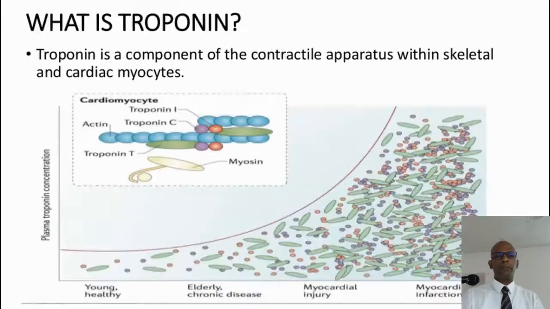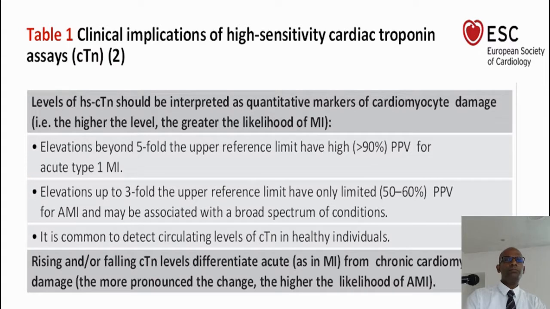So this is the normal pattern of troponin released into the blood. In healthy young people, there may be a minimal amount. In the elderly and people with chronic disease, there may also be a significant level of troponin. With myocardial injury in the initial stage, it will be significantly high. With myocardial infarction and necrosis, the amount will be huge. We already discussed that the positive predictive value is high when it is more than 5-fold in a patient with acute